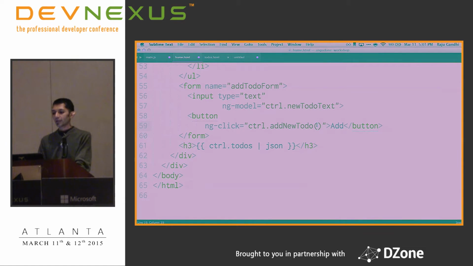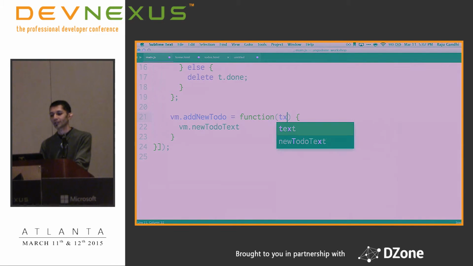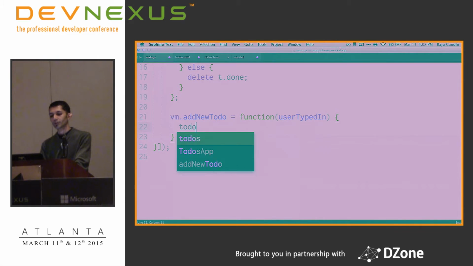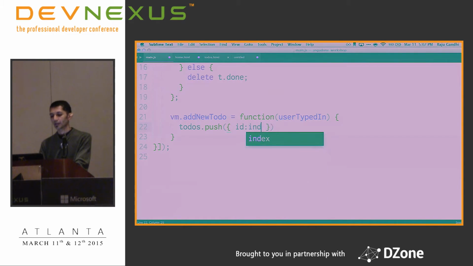So here, what do I need? I have to pass in this. What else do I need? I need the to-dos array. Let's go back. I'm just going to say text. That's what the user typed in. So what am I going to say? I'm going to say todos.push onto it a new object whose ID is index plus plus, whose text is